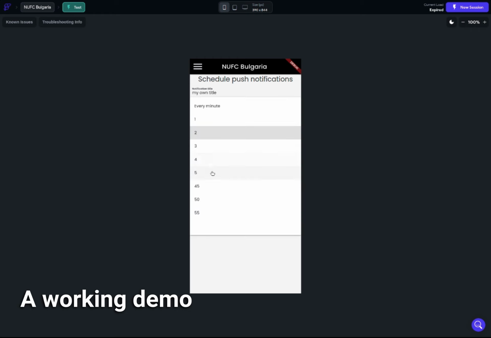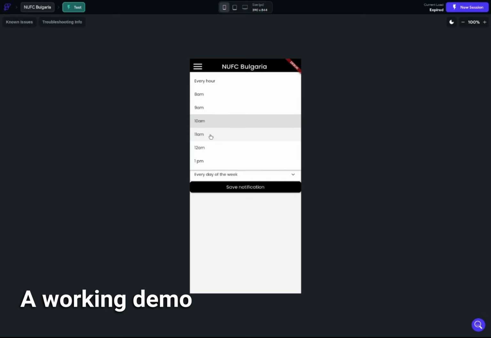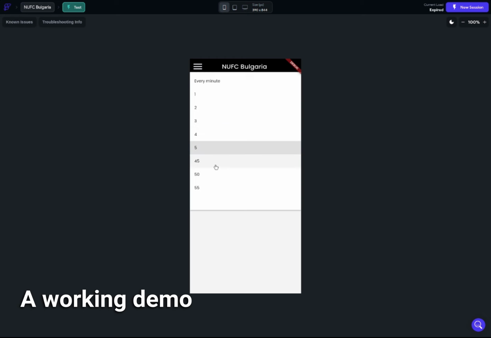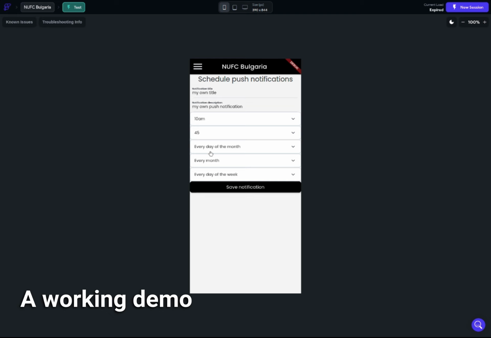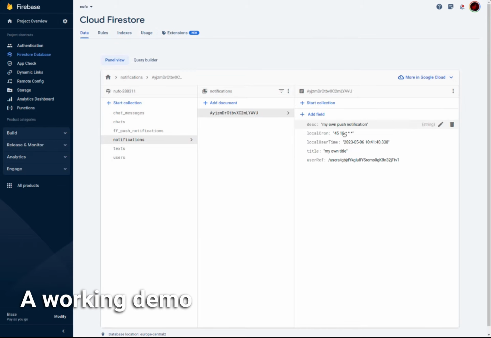And let's say the time is 10 and the minute is 45, for example, and every day of the month and every month and every day of the week. So if I save this and switch real quickly to my database, you can actually see that this is now